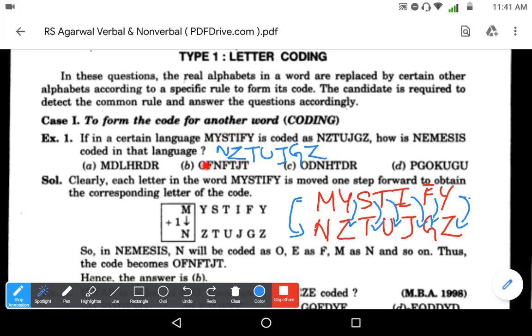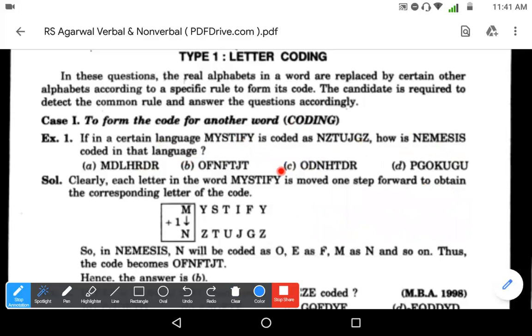Okay, now let us codify. This is the rule which we understood. So first we have to understand which rule is being utilized. Now for this, let us code the NEMESIS in the similar rule. Using the similar rule, we will be codifying it. Okay, now first we will write down